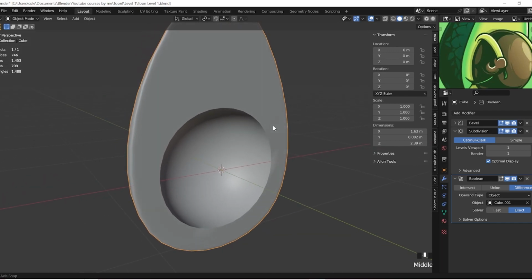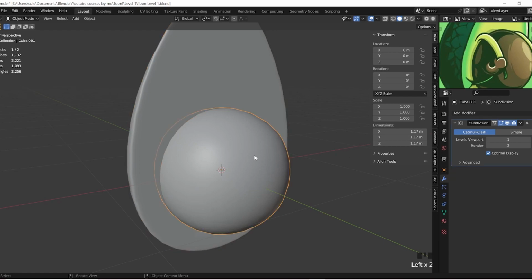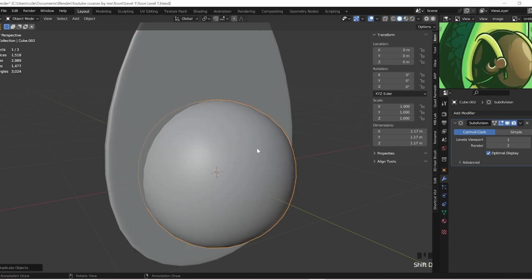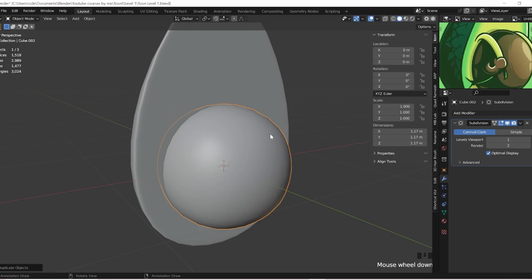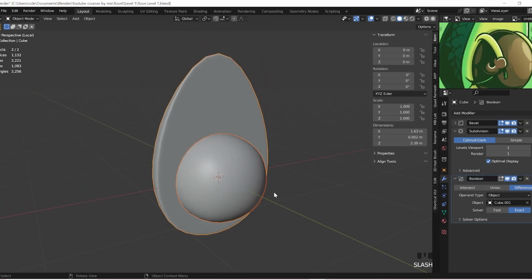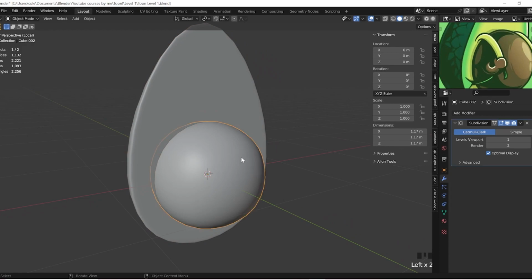Now the ball is gone, but we want it back. So let's unhide everything again. What you're going to do is duplicate the ball. Now it's still selected. So shift and click on this and enter isolation mode. Now I want this ball. You know, there are two balls now. I want to take this ball and just